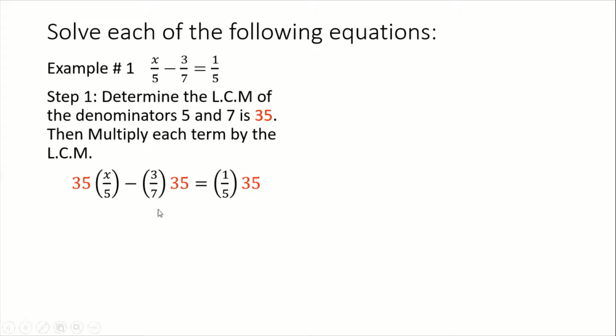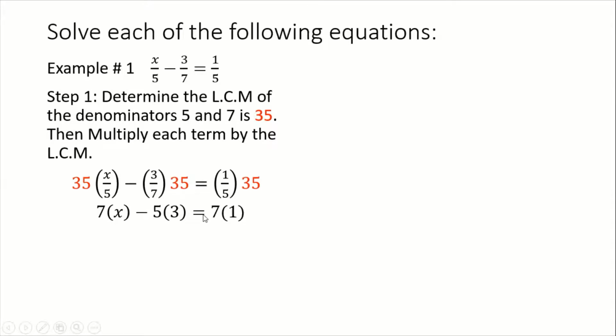So we can put it anywhere we want. Now, what are we going to do here? We're going to simplify at this stage. By multiplying each term by 35, we get rid of the fractions. Note here that 5 can go into itself 1, and 5 can go into 35 7 times, right? Also here, 7 can go into 7 once, and 7 can go into 35 5 times. And for this one, 5 into 5 will give us 1, and 5 into 35 will give us 7. So what you will have in your next line is actually 7 times x minus 5 times 3